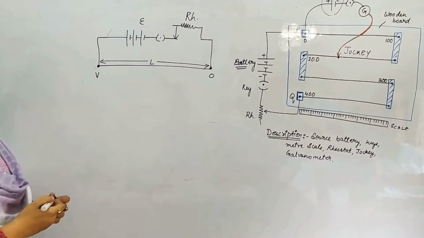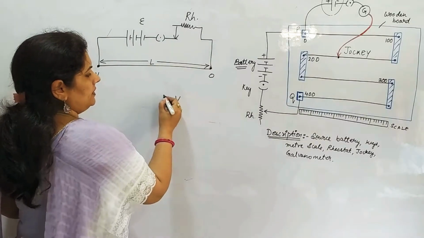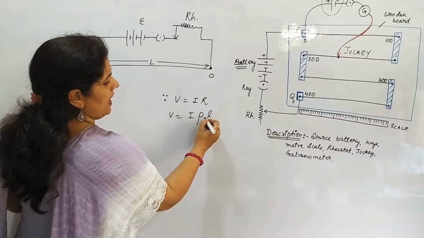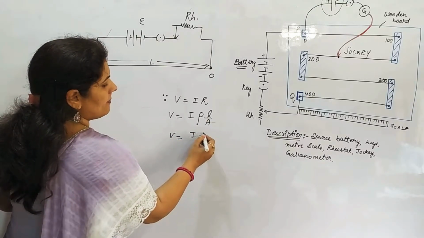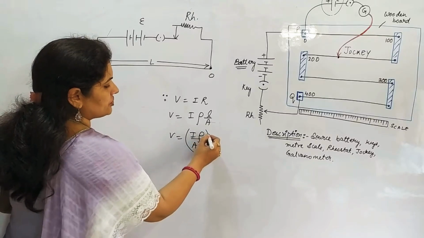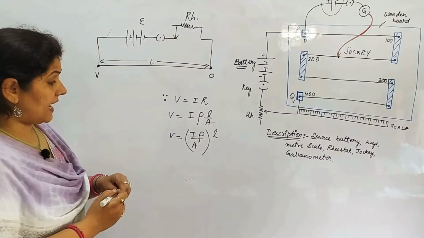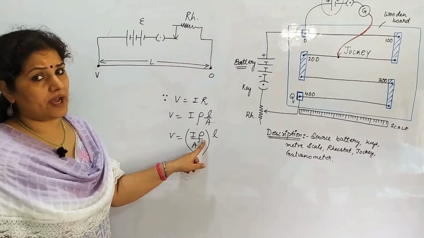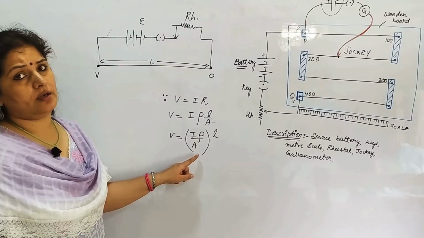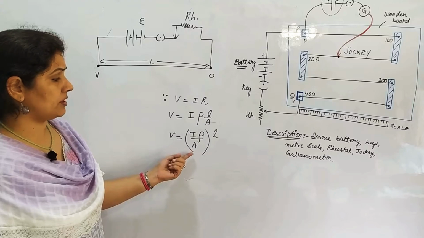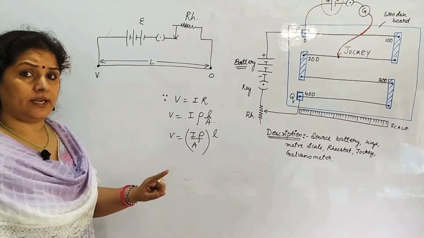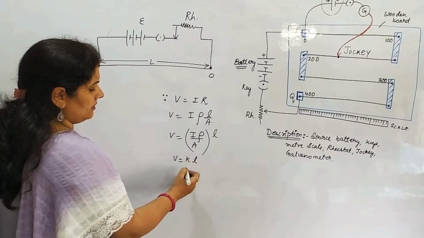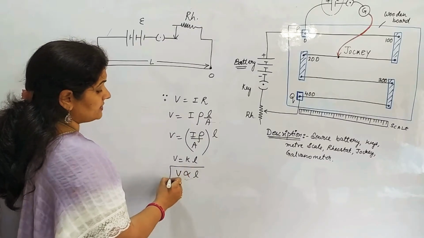part is L. So we know that V according to Ohm's law is given by IR. V could be written as I rho L upon A. For a constant amount of current, and for the given cross sectional area, the current is constant, the resistivity, which is the nature of the material of the wire, is a constant, and the cross section area of the wire is also constant. So considering all of them as constant, for a constant current we may write V equals KL, and V is proportional to L. What does it tell us?